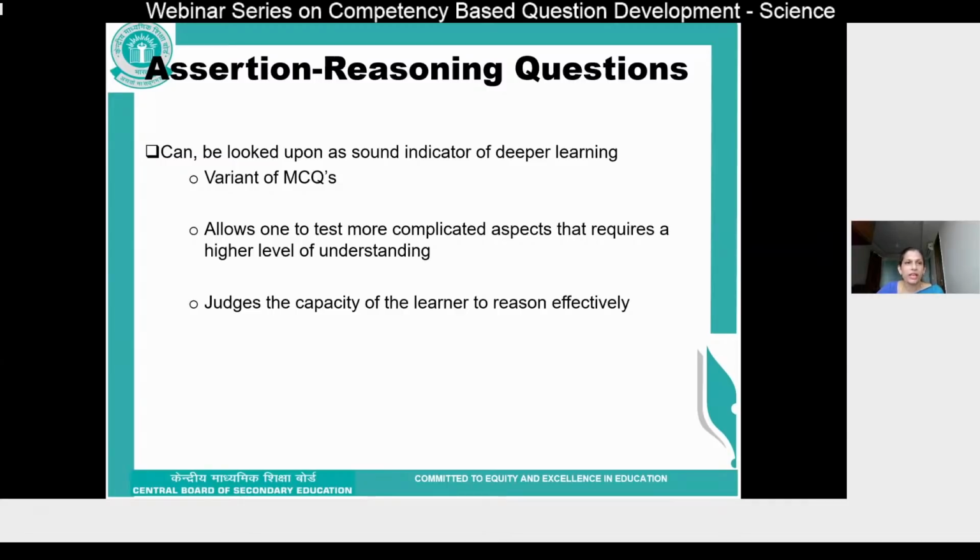Can I ask Shweta ma'am, may I request you to throw some light on these assertion reasoning questions? Yeah. So the rationale of including assertion reasoning questions is to provide students an exposure to different formats of questions. Also, it gives an opportunity to test creators, to item writers, to assess higher order skills through these questions. Now, one thing is very important: when you are creating one assertion and a reason, you should take care that these are not from two different aspects altogether.